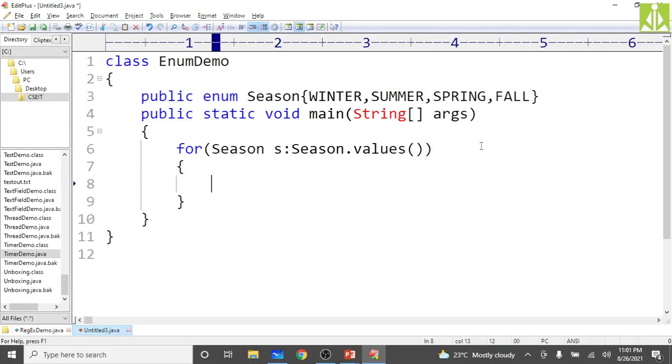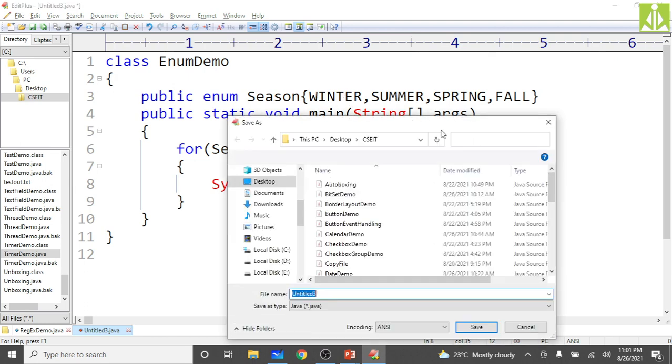In each iteration one value will be retrieved, and as long as values are present inside the enumerator, the loop will run. So simply it will print all the enumeration fields on the output screen.